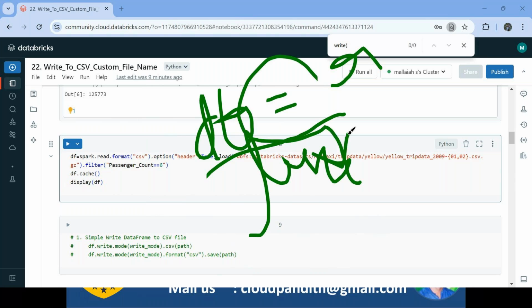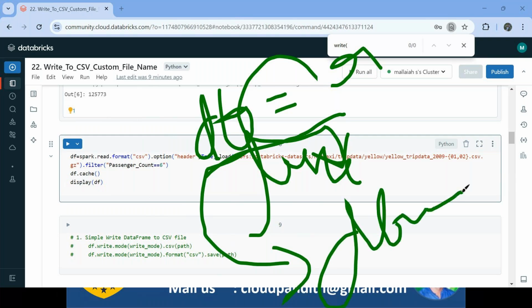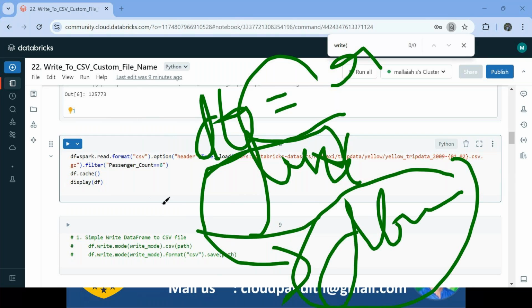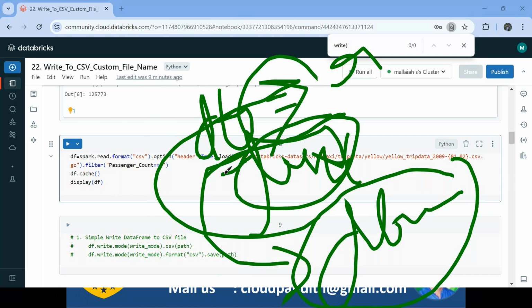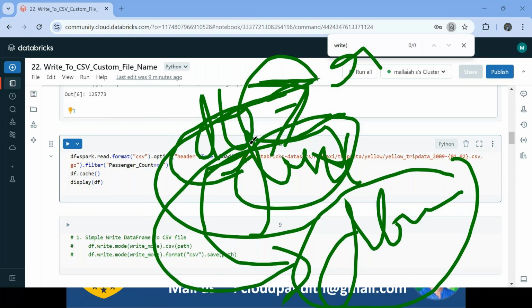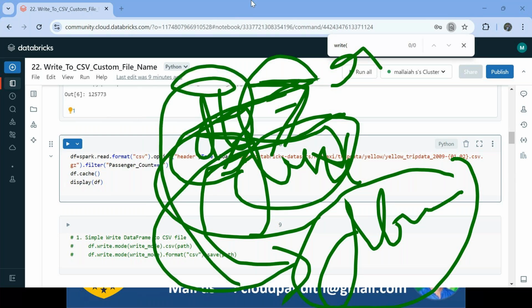That's it. Now, with the same DF, I am trying to write it. When you try to write the same DF, what happens? The write statement is again an action. When you trigger the action, it will again start reading all the data once more. So while displaying, it is the action. When an action is triggered, the transformations start executing. Similarly, when I apply one more action, again the transformations will start executing, meaning it is going to read one